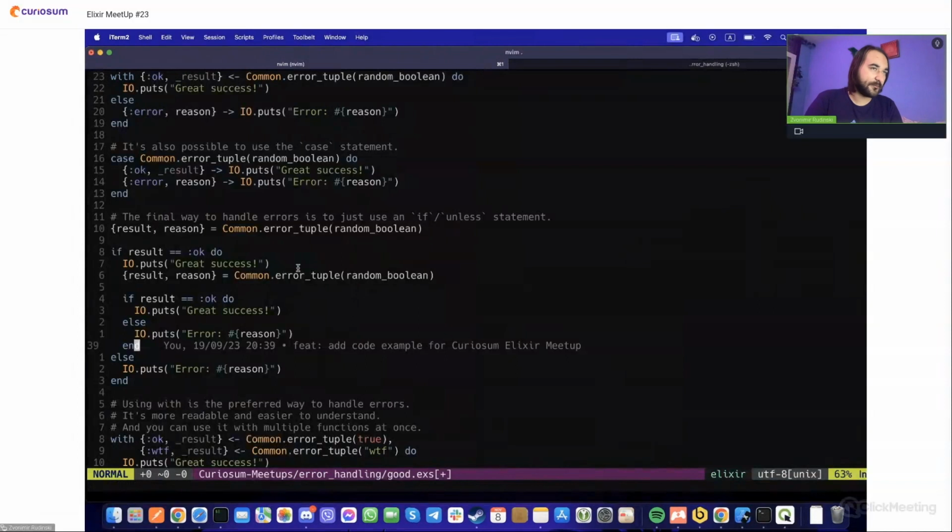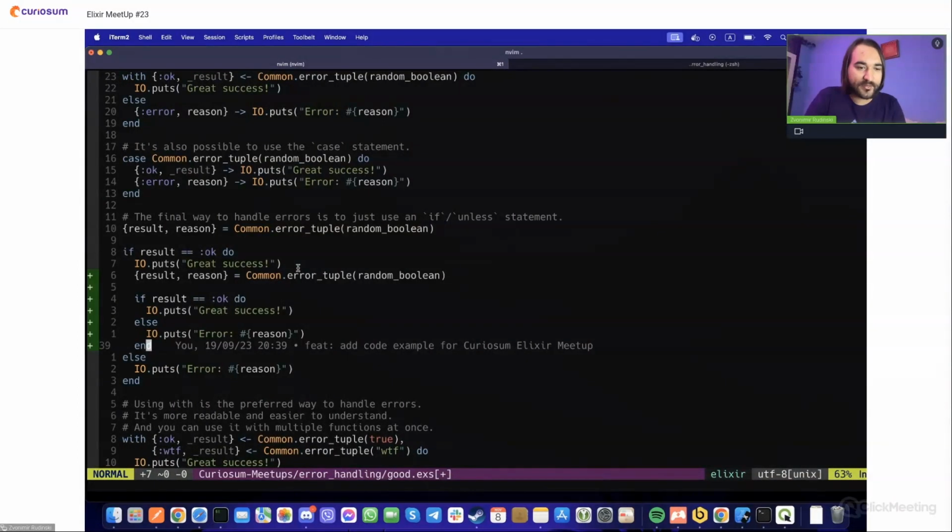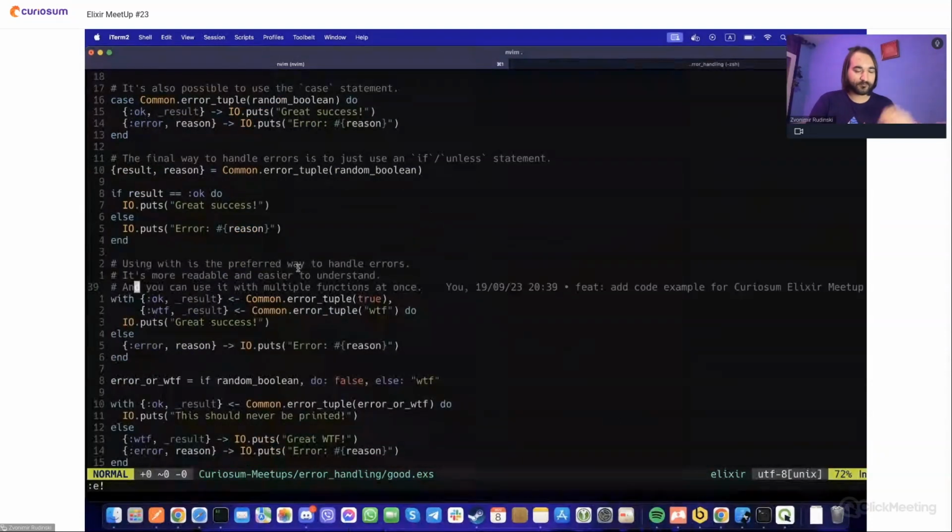And we would just end up with a long list of everything nested. So I tend to avoid it if I can. I like to have an error pattern in the system and always use with, do, end without the else and handle. Yeah, that's also a very valid